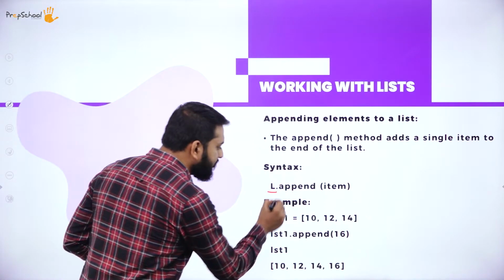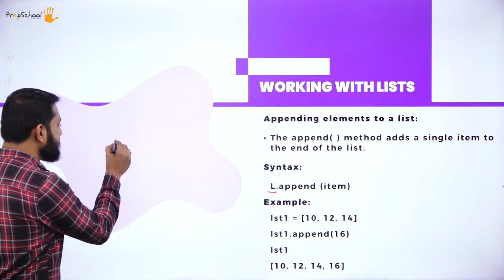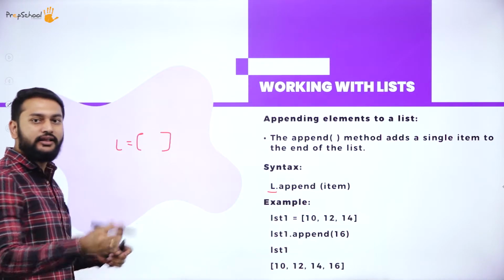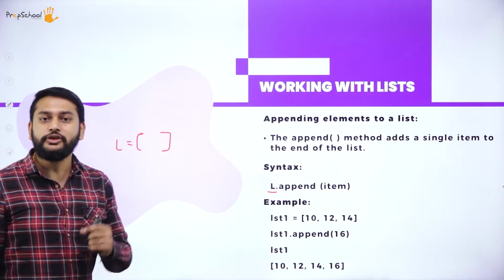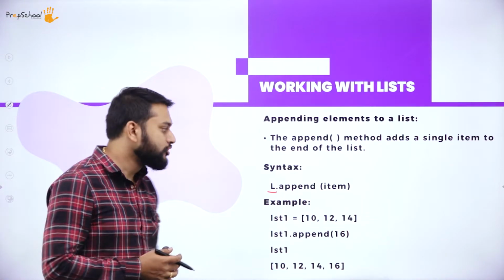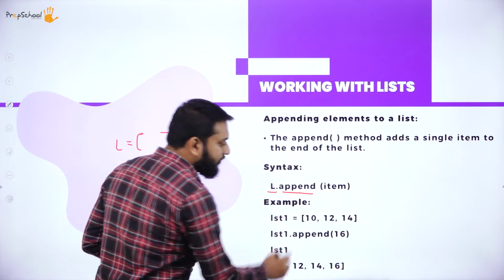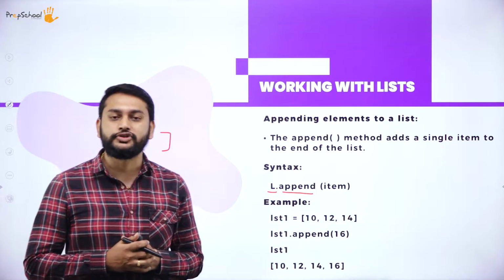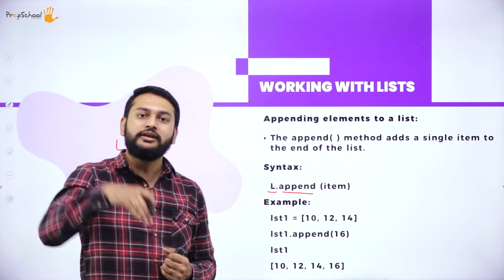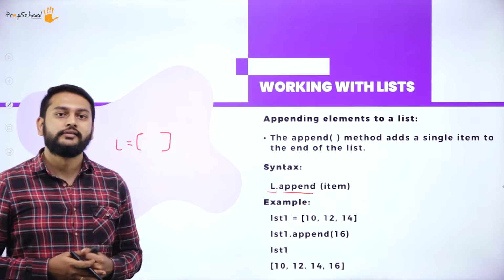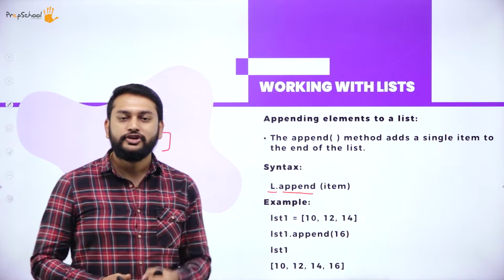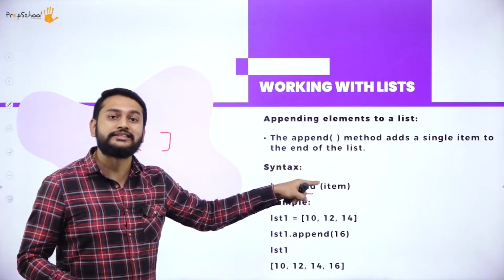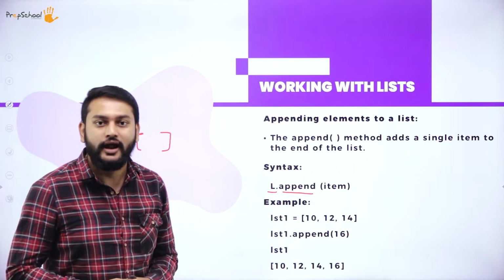Observe here I have L. L means I have already created the list. If I want to insert an element inside this list, I will be using one of the predefined functions, that is append. What is the meaning of this function? What is the speciality of this function? Append, in the sense of adding an element at the end of the list, is what the append function is performing, right? So what is the element that I have to add? I will be passing that element as a parameter to this function, right?